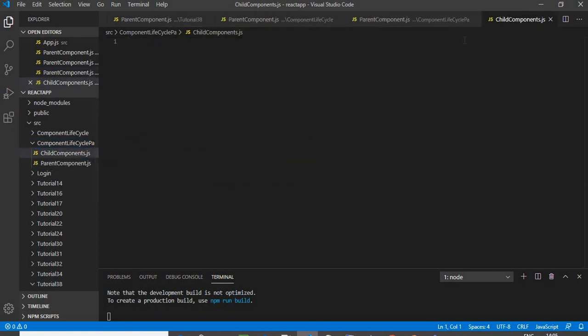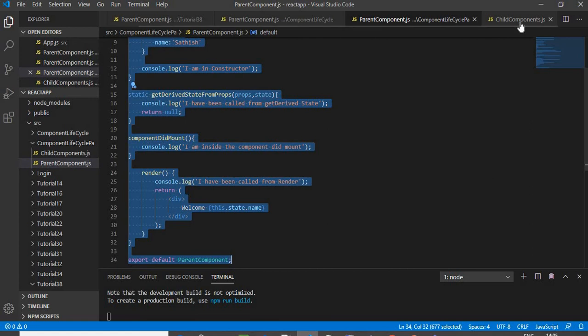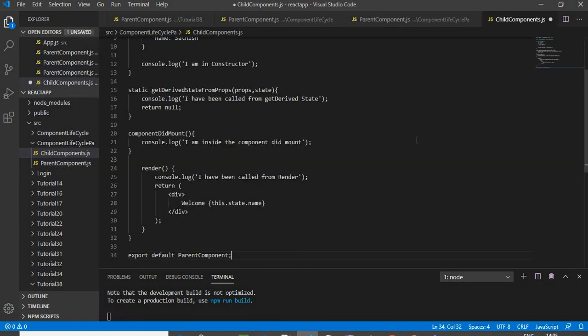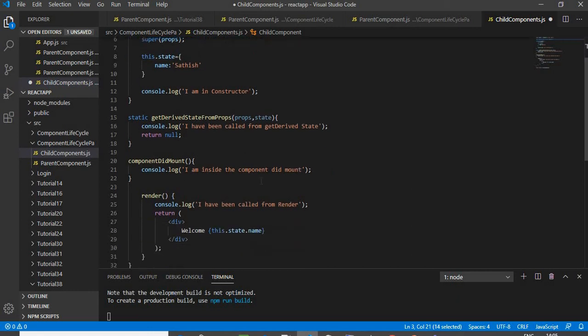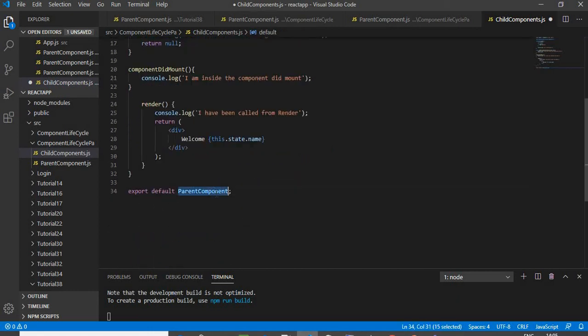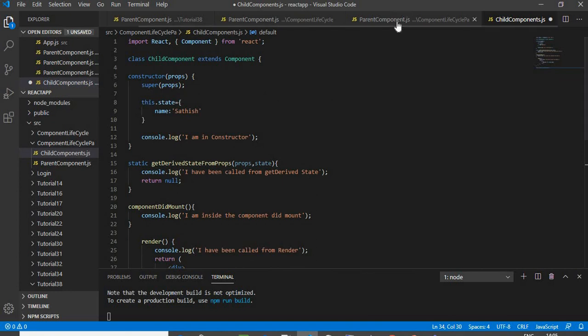And inside the child component, I am going to copy all the contents that I have created over here and place it. And instead of the parent component, I am going to mention it is a child component. And this child component, I need to import into the parent component as well, right?